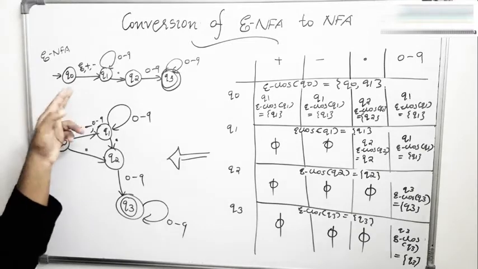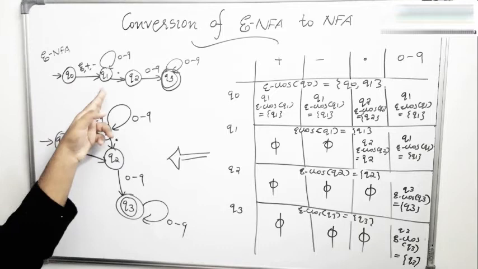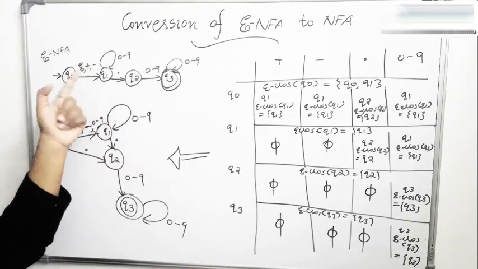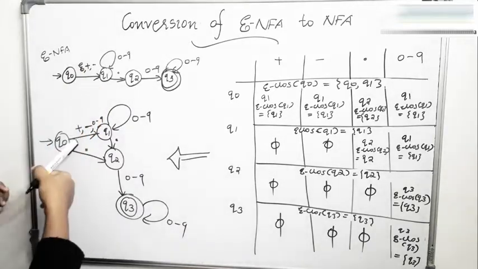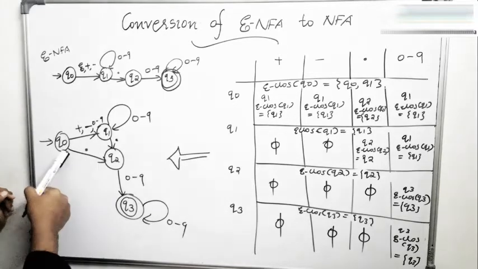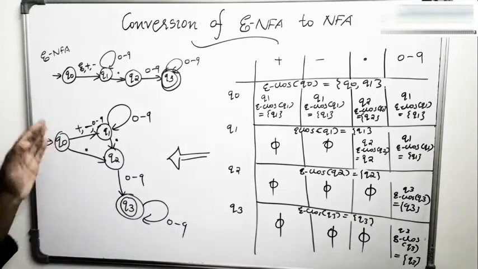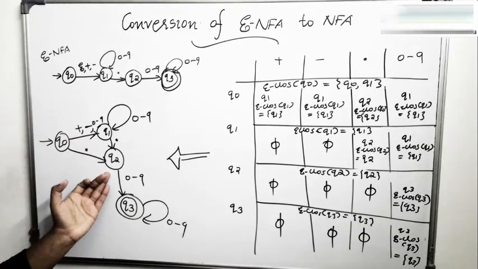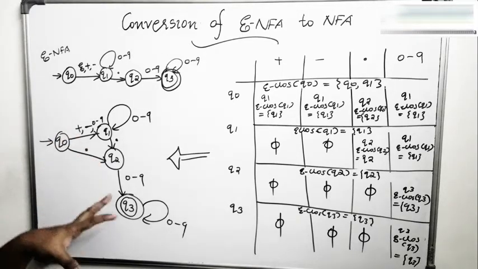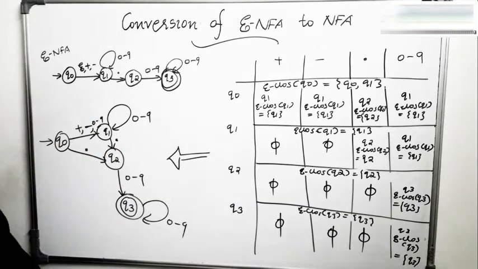So if you look at this, you can understand that this simplifies the design. It means that even if there is nothing, or if it has a plus, or if it has a minus, you can reach Q1. Here, if you have plus or minus, you can directly go to Q1, or even 0 to 9. Otherwise, if you don't have plus or minus, then if it is directly a dot, you can take this path. So the design is a bit more elaborate here. It's almost the same. That is what I told.